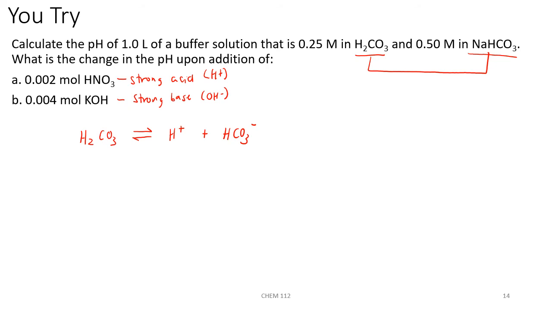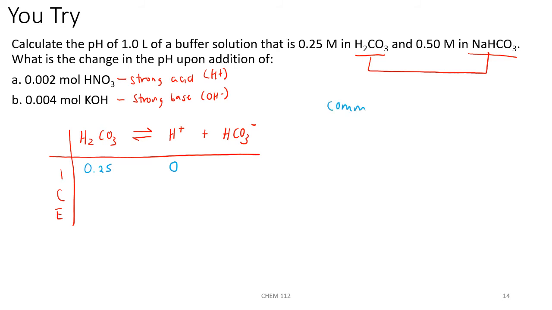Initially, we could set up an ICE table if you would like to, and you would plug in your initial concentrations of your weak acid and the conjugate base. So we have 0.25 molar as the concentration of carbonic acid, 0 for our hydrogen ion, and then